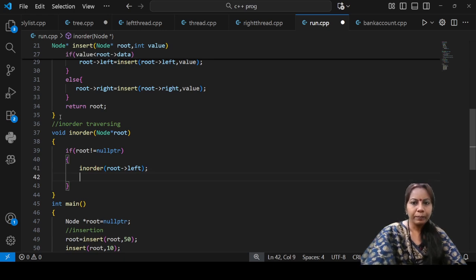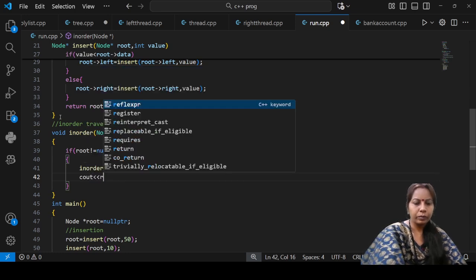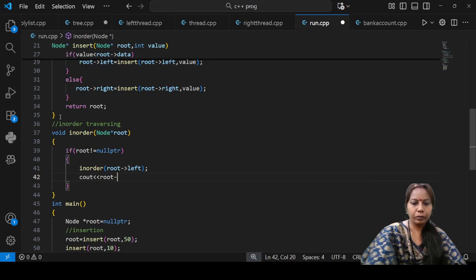Now this prints your value. So here the root that will point to your data, after a space.